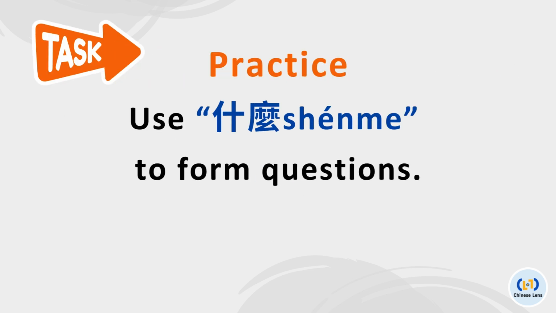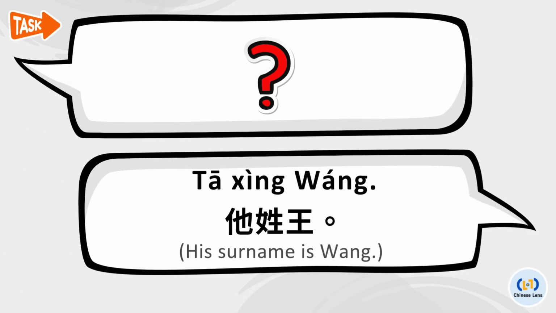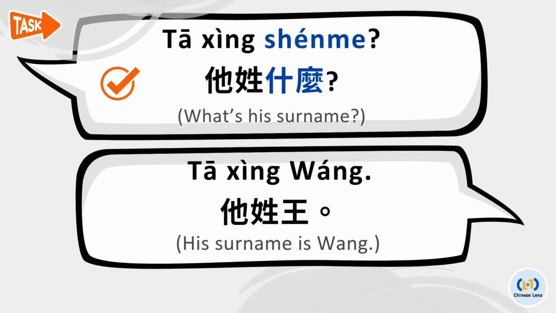Next, there are 2 practice questions for you. Please use 什么 to ask questions based on the answering statements provided. Practice 1. If someone answers with, 他姓王。 what would be the question? The question is, 他姓什么？